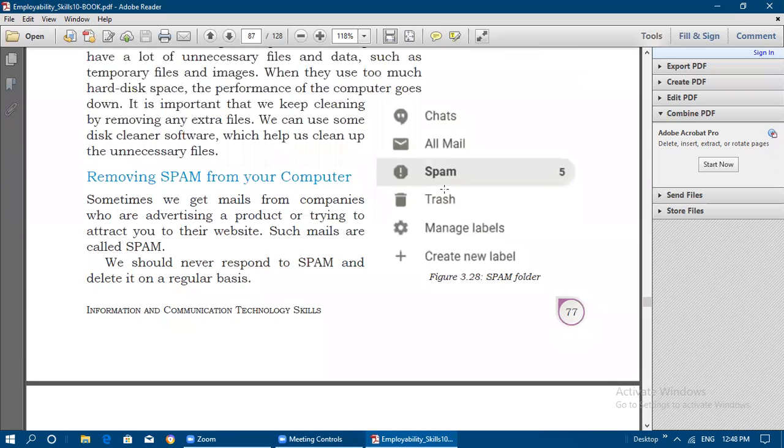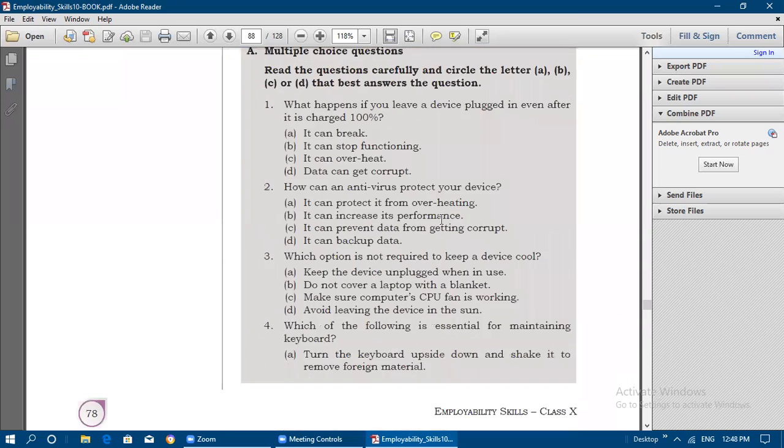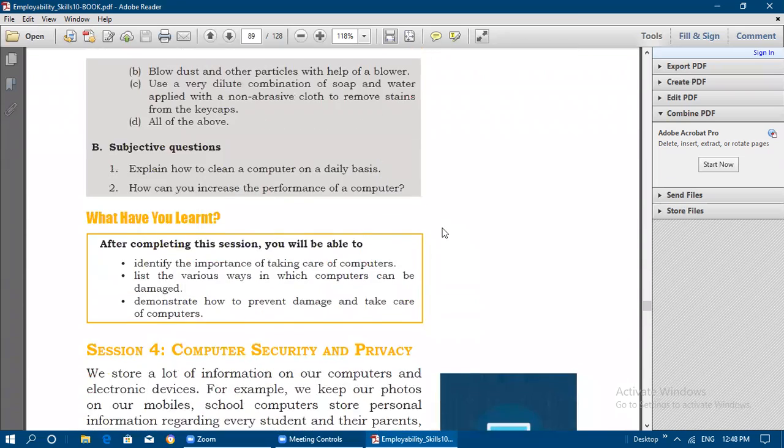So whatever is not necessary, or advertising mails, just move them to spam. In future, whatever mails come from that mail ID will be automatically moved to spam. In this manner we can safeguard our email contents.